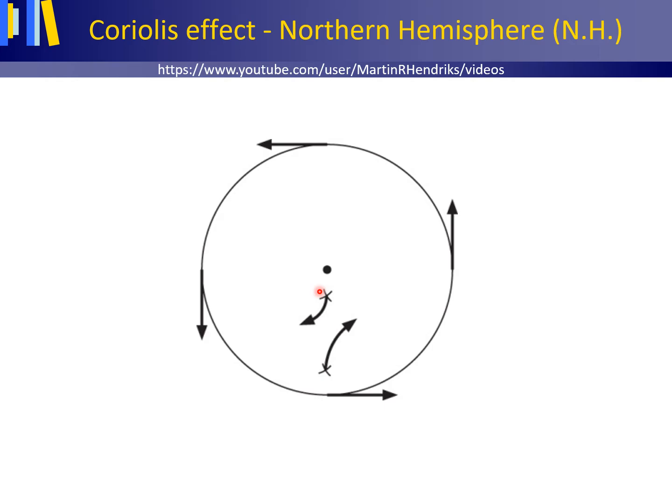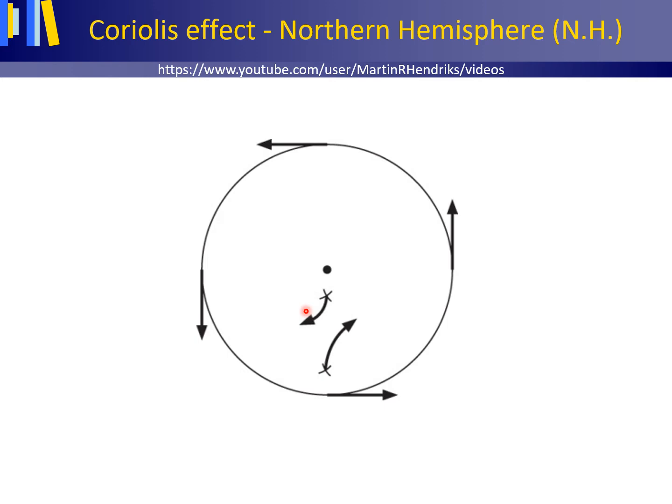Now think from your friend's perspective. Your friend's ball rolls over parts of the disk with increasingly faster velocities. Your friend's ball also carries its original but now slow velocity with it. Your friend sees the ball also curve to the right. Actually, you may sit anywhere on the rotating disk and roll the ball in any direction. Viewed from wherever you are sitting on the disk, your ball will always curve to the right.